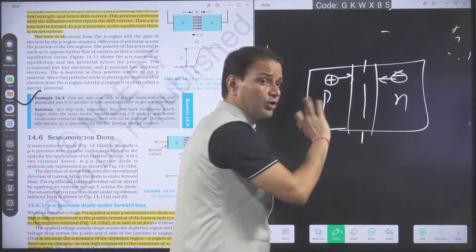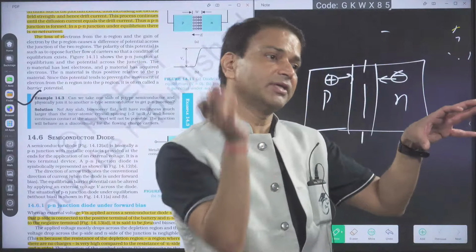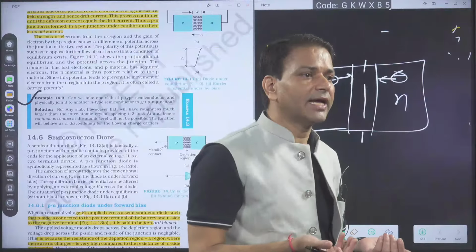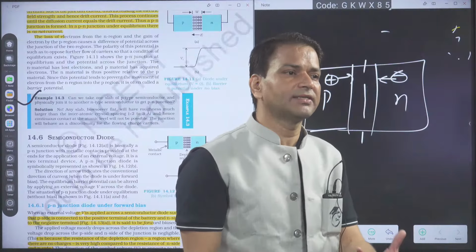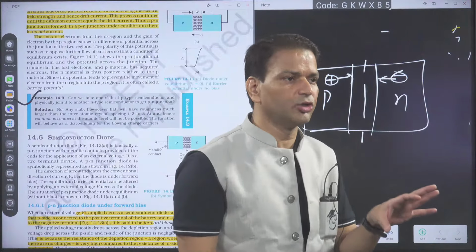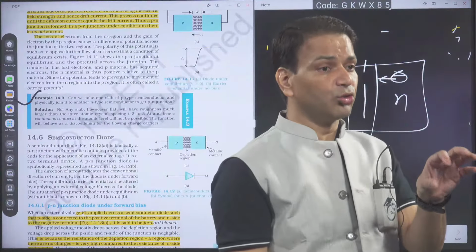Earlier they were neutral. The N-type semiconductor is neutral, and the P-type semiconductor is neutral. The majority carriers are electrons and holes, but ultimately we added a neutral atom into a neutral crystal, so the crystal is neutral. We call it an N-type semiconductor because the majority carrier is the electron, but there is no excess charge. So the crystal is neutral, for both N-type and P-type semiconductors.